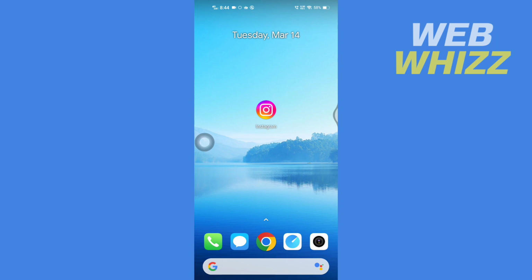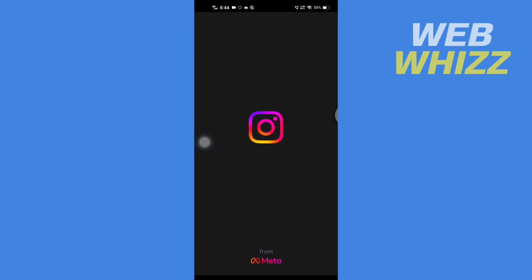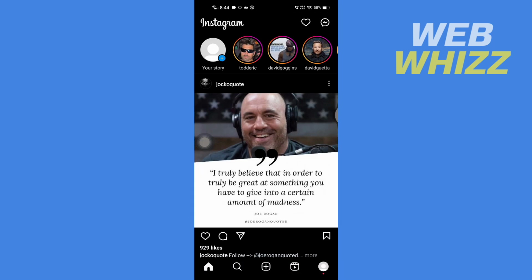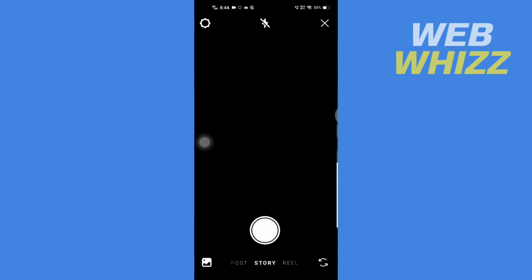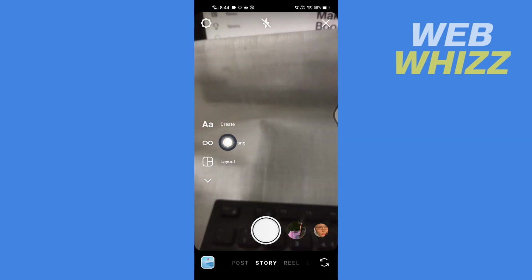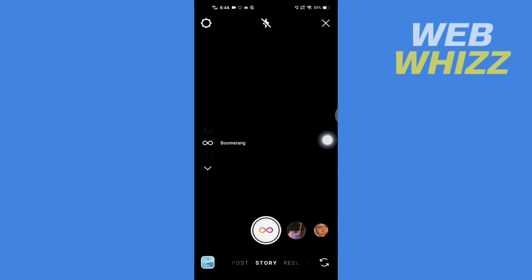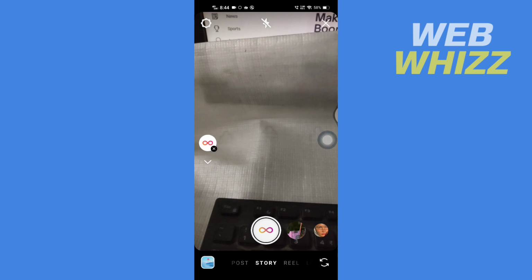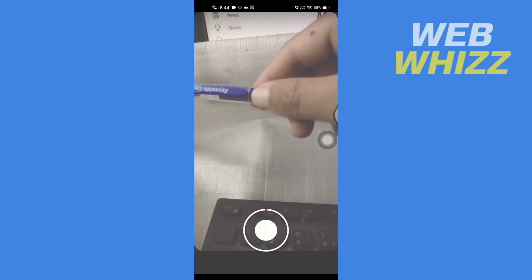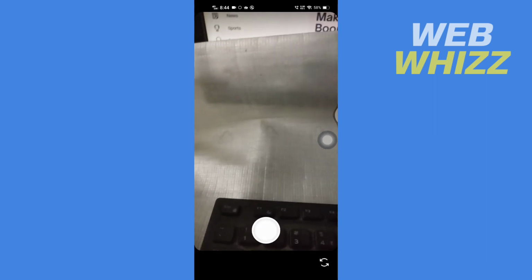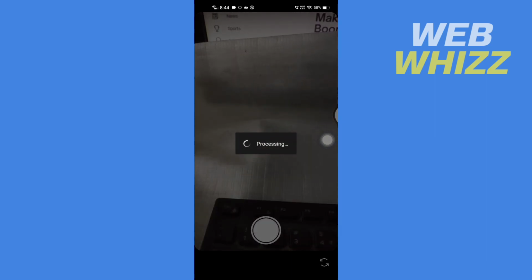So first open up your Instagram app and then swipe to right, and here you will see boomerang. So tap on it. Now make a video. Wait for it to process,